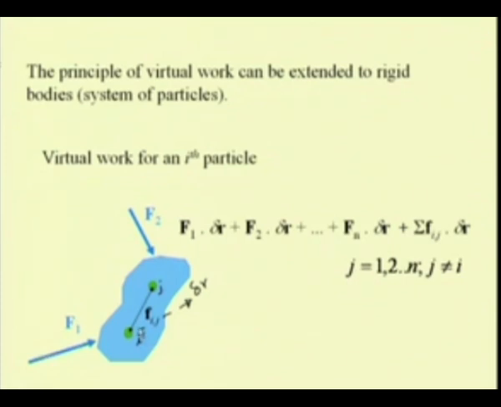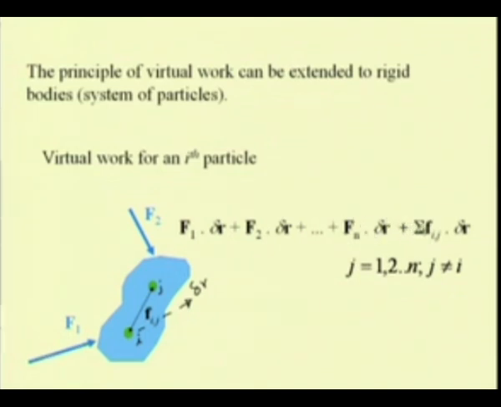For the ith particle, for the single particle, we are writing this equation. Delta r is the virtual displacement. So, first we write the work done by these external forces, say F1 dot delta r plus F2 dot delta r, etc. Say n number of forces are acting,